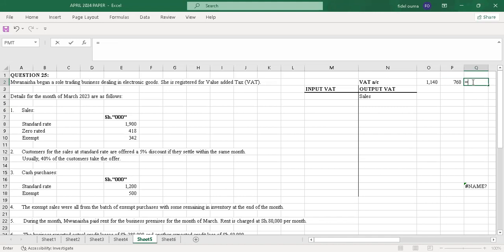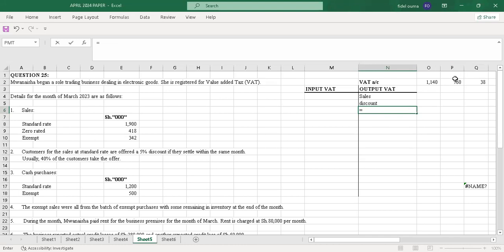The discount was supposed to be 5%. So it equals 5% of the amount, which is 760. So that's the discount. The discount is 38. So I'll take 760, I can just say discount, and this will be equal to